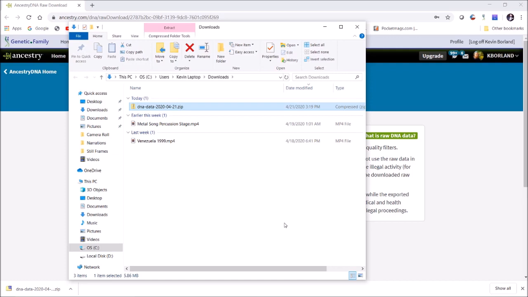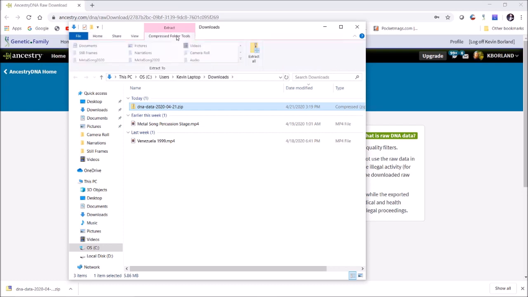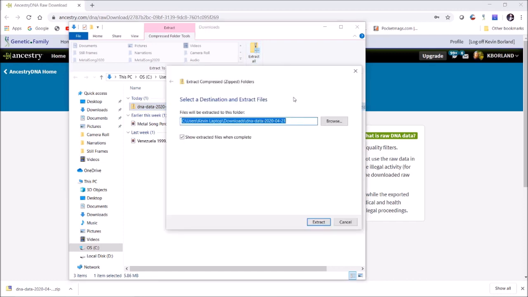Okay, so now I'm in my downloads folder, and it has automatically highlighted the downloaded file, the DNA data 2020-0421.zip. So what I want to do is at the top, I'm going to click here on Extract, Compressed Folder Tools. And what that's going to do is it's going to extract a text file from the zipped archive. I'm going to click Extract All, although all is simply one file in this case, and it asks me for a location. I'm just going to pick the default location, which is the same location where the zip file was stored. So I'm going to extract,